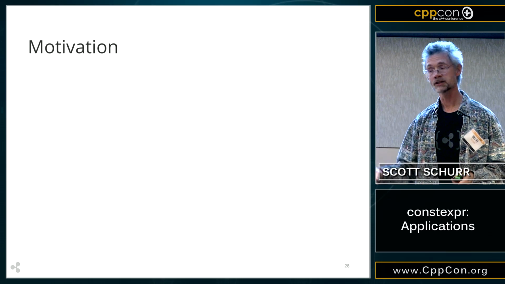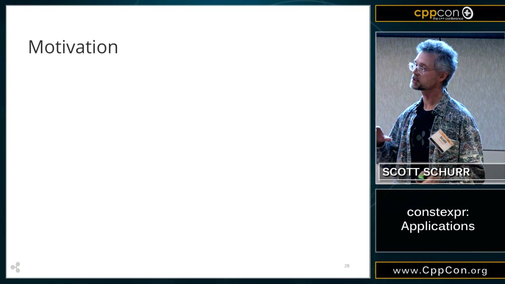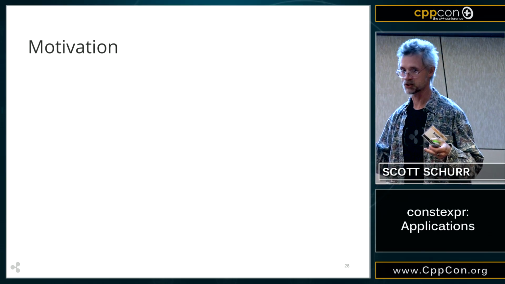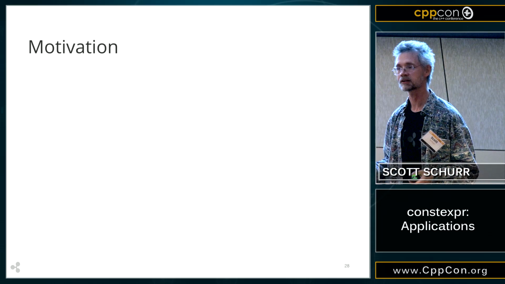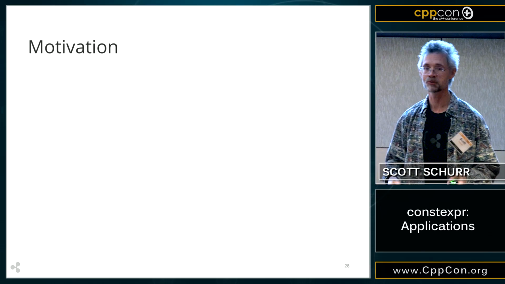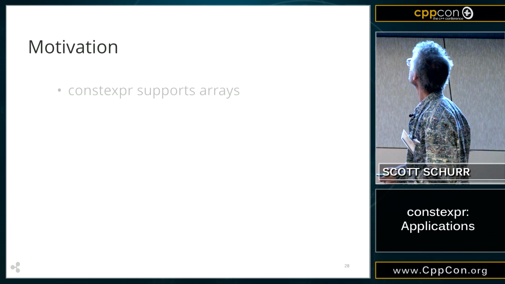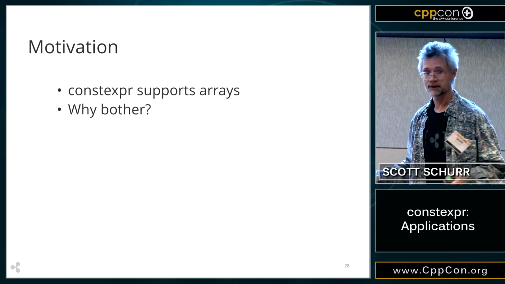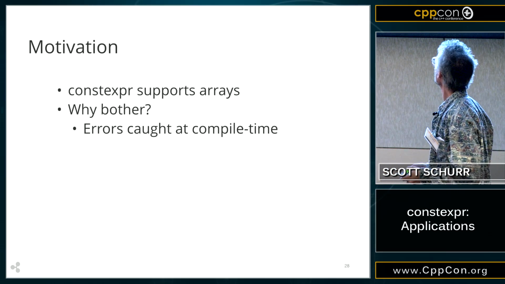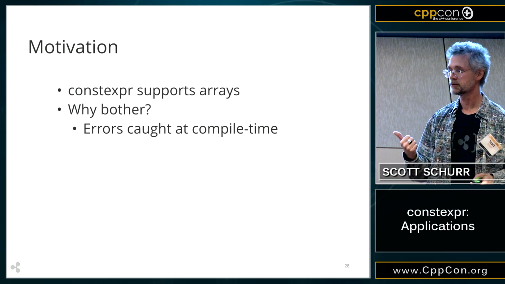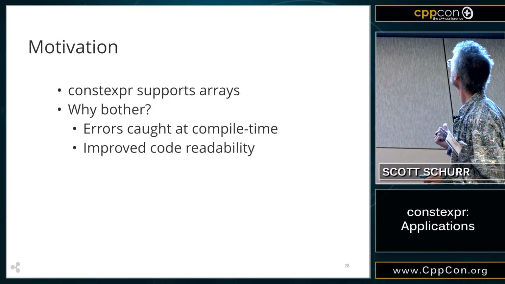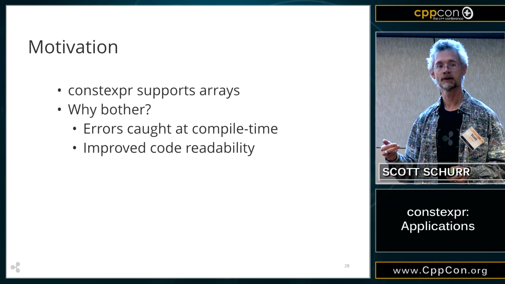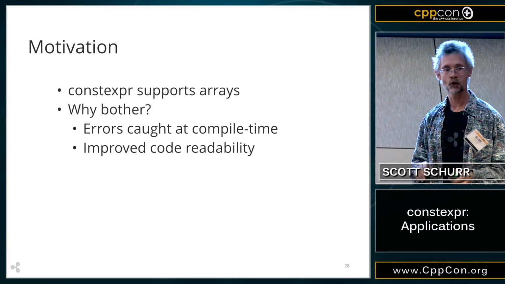We're going to have constant containers. You can't, at runtime, force anything more into these things. They're set in concrete by your compiler. Nevertheless, I think this is a particularly useful situation. We're going to use arrays. And then the question is, why bother? Any errors you have are going to get caught at compile time. There are situations where you'll get improved code readability, and I will hopefully guide you into those.